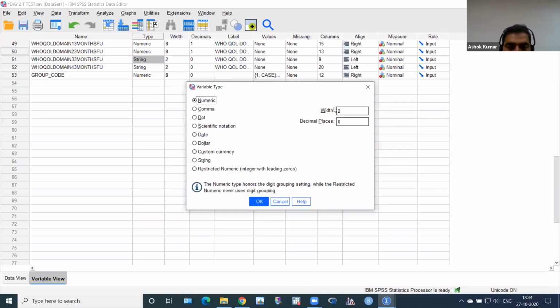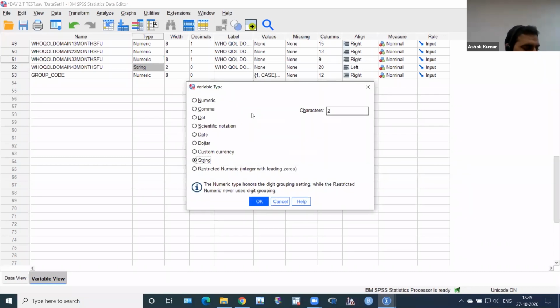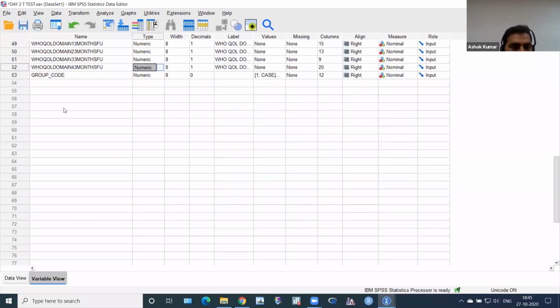Only two widths is okay. Okay, no problems. Click here, 8 and 1, and then just click OK.